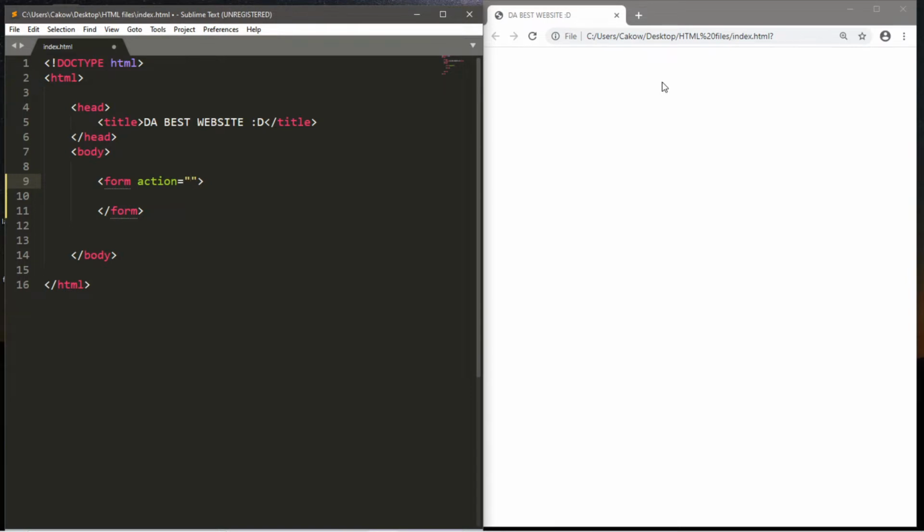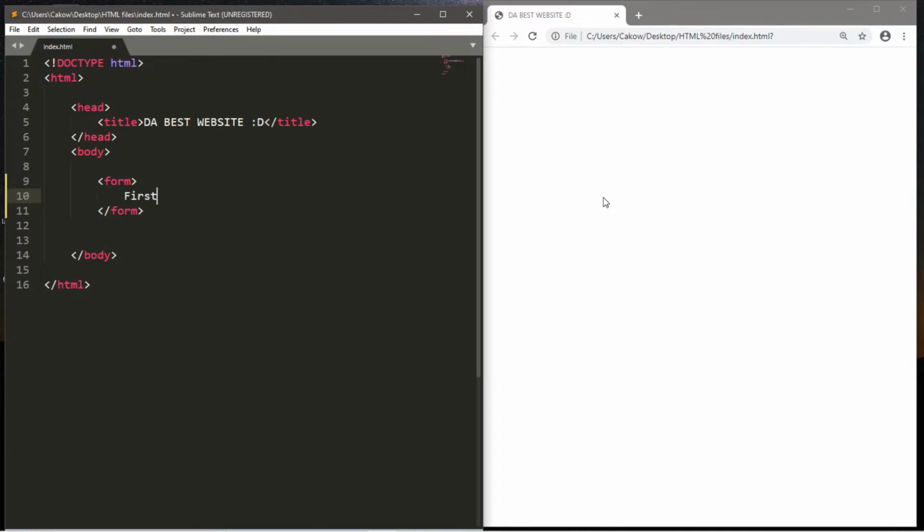The data from the form may be sent to a page on the server when the user clicks on some sort of submit button. There might be a PHP file or some other script within the action attribute that the form sends data to. It might be a file such as do_something.php, or it might be named something like action page, something or other, but I like do_something.php. So we won't be doing much with the action attribute in this lesson, but we might cover it in a different tutorial.